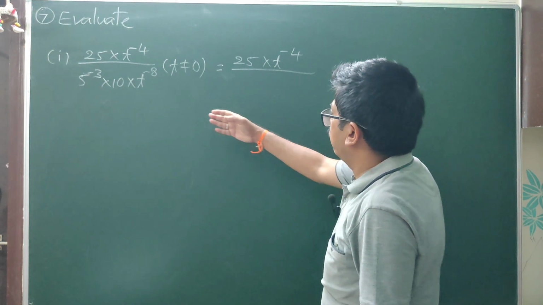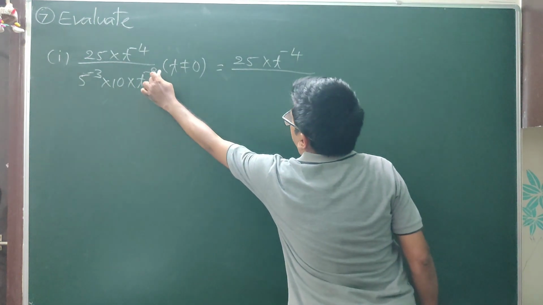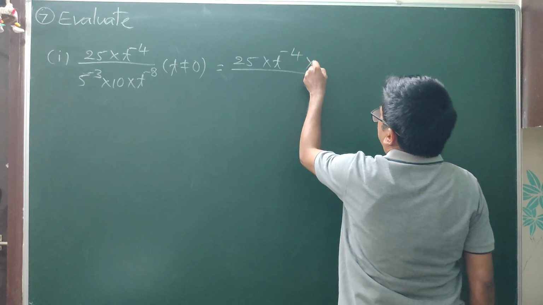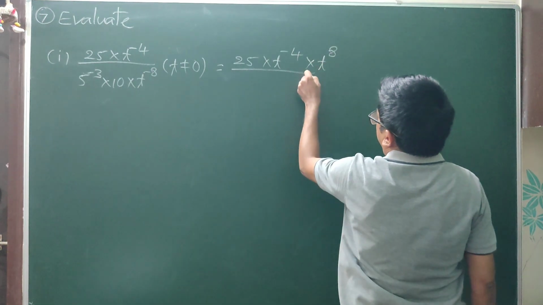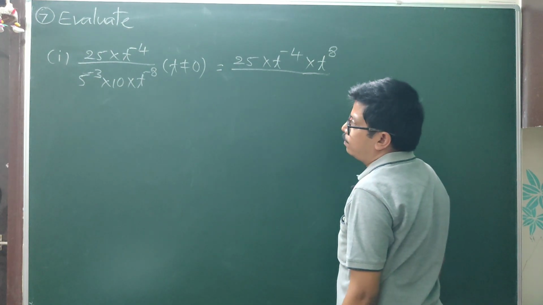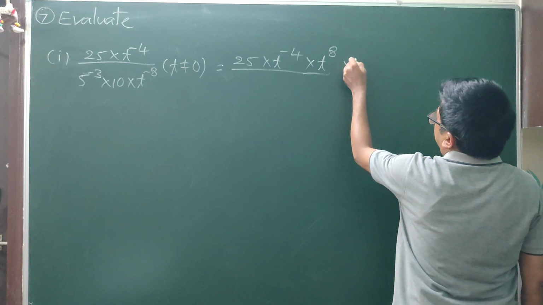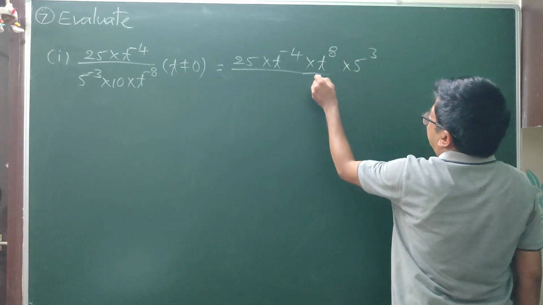In this you can observe t^(-8), you can send into the numerator by writing t^8 by 5^(-3),